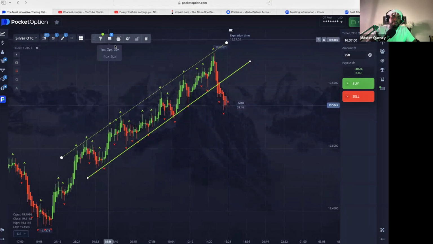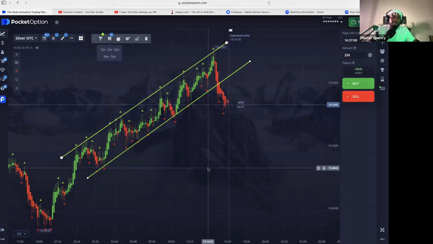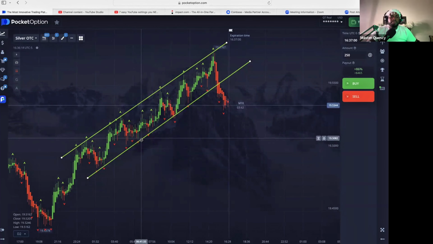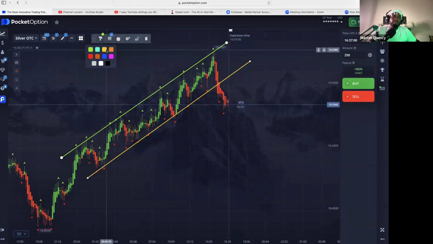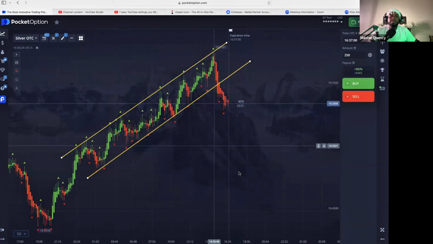So we can make that darker. Also, I'll change the color up a little bit. We got enough green. Got enough green. All right, so